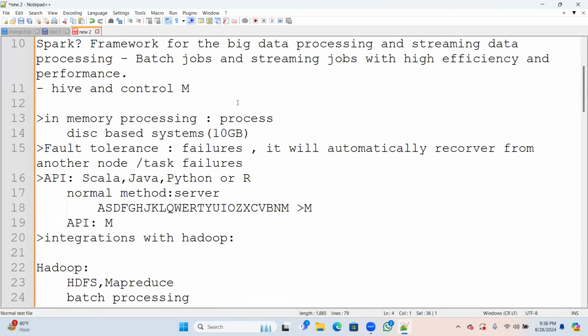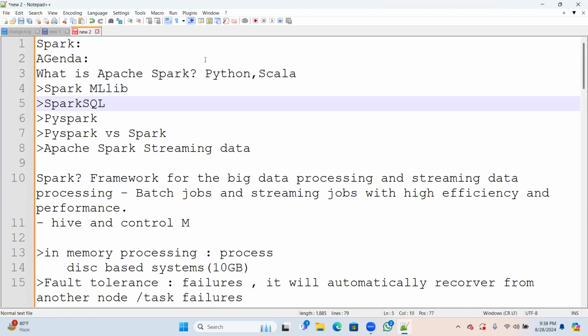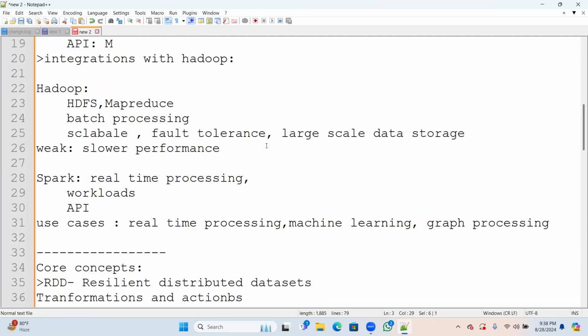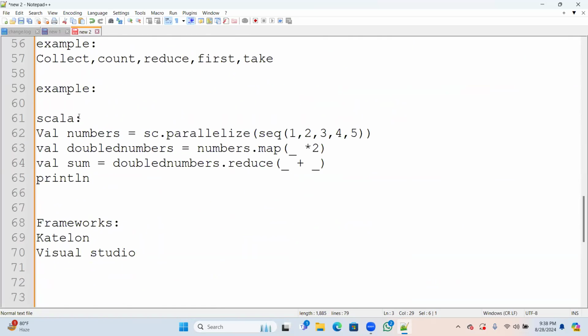So in between, if I'm writing some code, I will explain the Python code also, so you will understand a little bit. For now I'm writing Scala, but I'll write it in Python also, for your understanding.